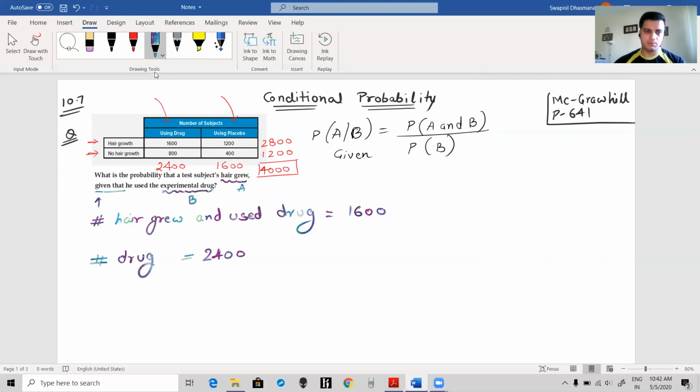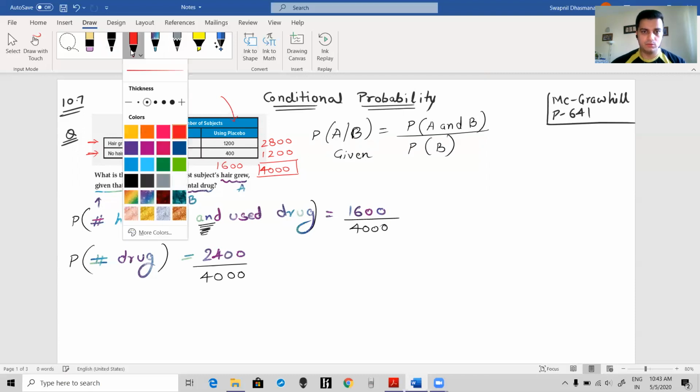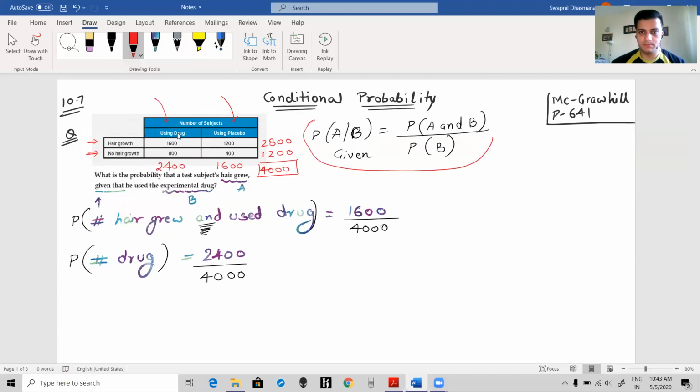Now in order to change it to probability, all I have to do is write P outside it, and now I have to divide this by the total, which is 4000, because the probability is always favorable divided by total number of people. So using the rule, this thing is the AND. Now I can use the rule which I have given on the very top, this one,